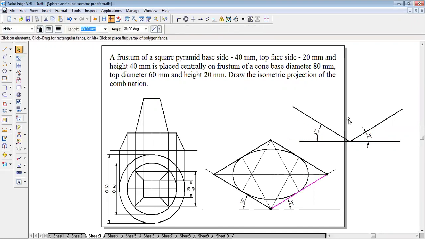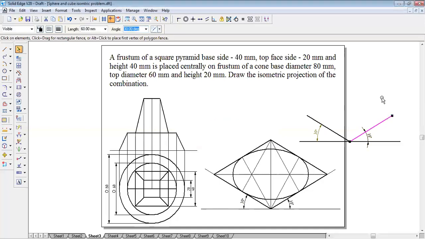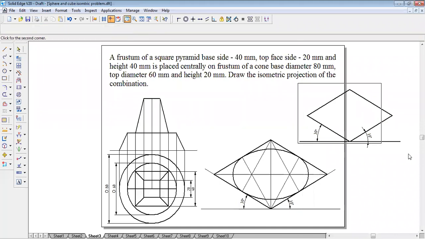Okay, these are the 30-degree angle lines. This length is 60 mm length. This length is 60 mm length. Okay, because the top portion of the cone is 60 mm. So move copy. This line is located and placed here. Select this point and place it here from this point. Okay. Now I'll just zoom those portions so that it becomes easy for you to draw.